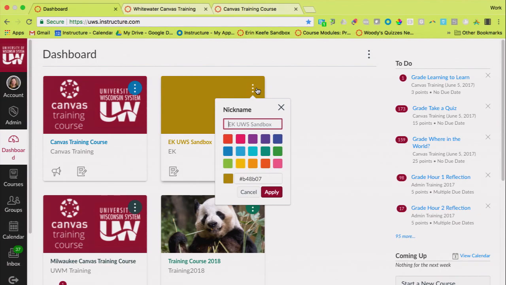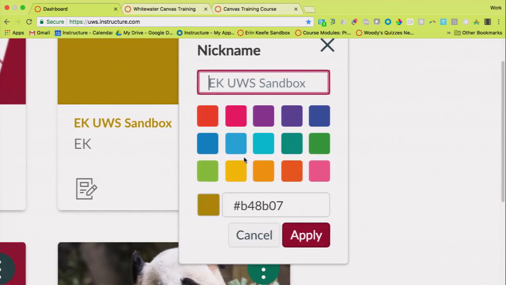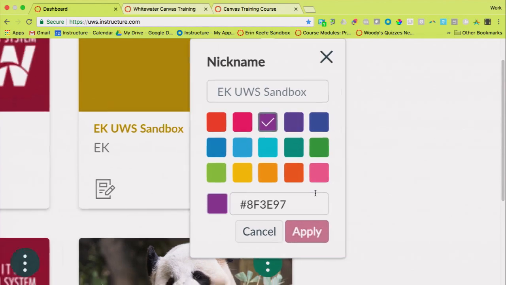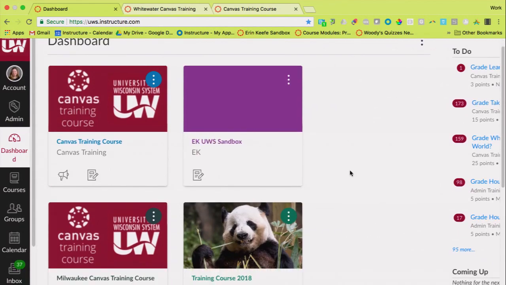So I just clicked on the kebab selector there, those three dots, and if you click that, you're going to see that you've got a couple of options. You can give courses nicknames. Why you might want to do that, especially once you start using live courses, is the student information system will give your courses probably a series of letters and numbers before the name. And sometimes it becomes pretty hard to tell which course is which. So every user can give a nickname to their courses just so they can tell them apart and know which course is which. Students really do like that. It makes it easier for them. And then you can also select any different color in there. So that's what we're looking at when we're looking at the course cards there.